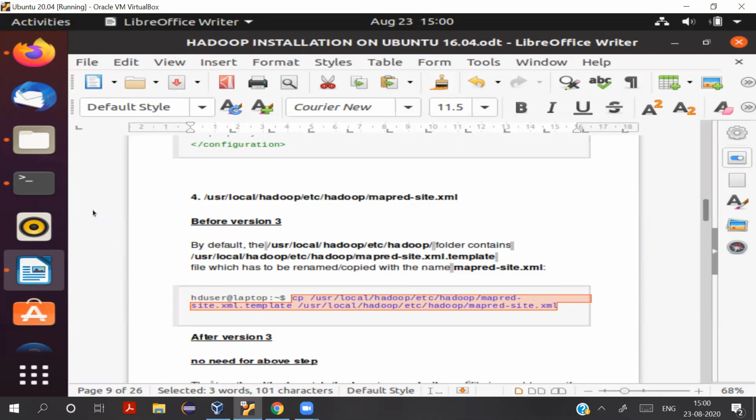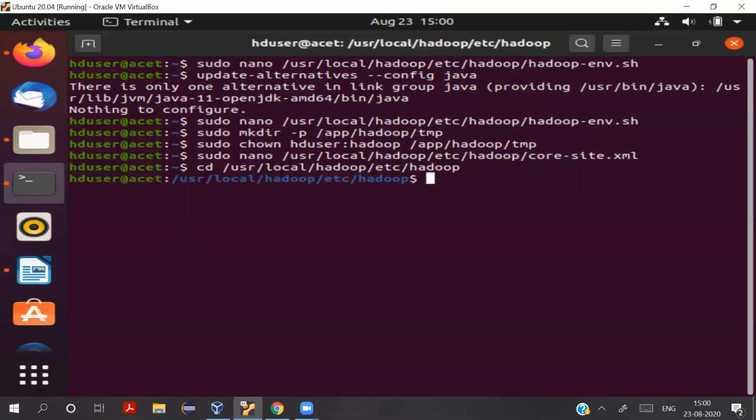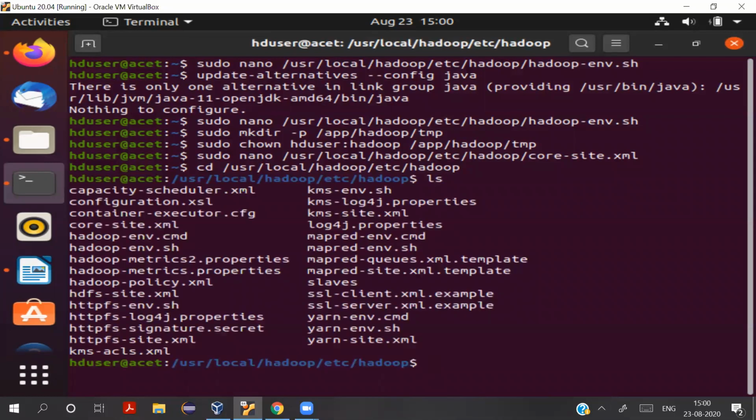This command gives problems sometimes. So let's first go to our default folder where all our configuration files are located, and look for the file that I'm telling you. So it's here, mapred-site.xml.template. We need to rename this file to mapred-site.xml, right?